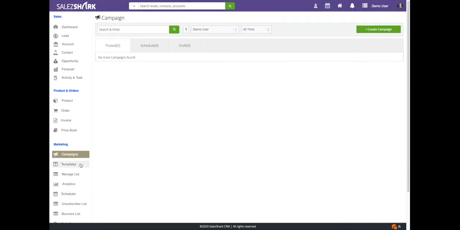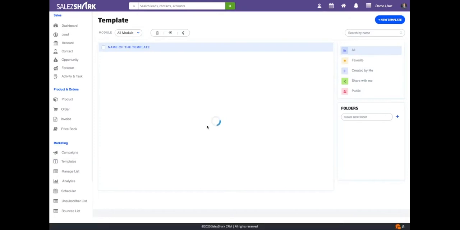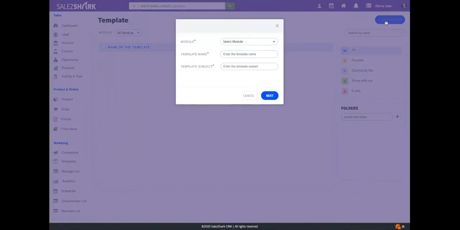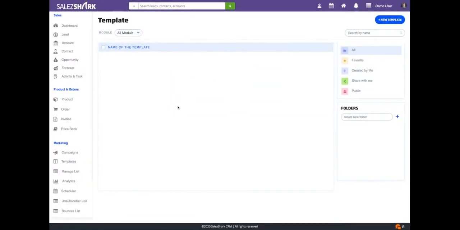The second feature in that list is templates. If you have the need of creating some templates in advance prior to sending the emails to your customers, this is the section that helps you to create those templates, right? You can create the templates for all the modules, be it lead, contact, account, campaigns, and opportunity, and you can schedule the campaigns accordingly, right? You can use a campaign which has been used earlier also. So this is the feature that helps the organizations to manage all their content related activities, right?